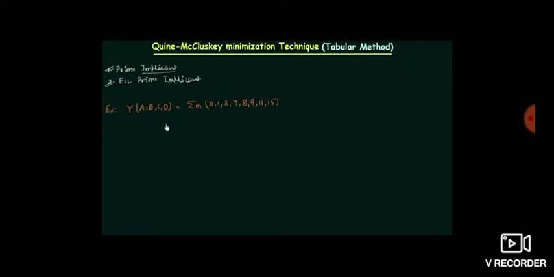In the JNTK curriculum pattern, it is a direct 15-marks question, so it is also very, very important. This example can be solved using only the tabular method. These problems are possible only in SOP form. Here we are taking 4 variables, because A, B, C, D are the 4 inputs and we observe values from 0 to 15. That means a 4-variable K-map.